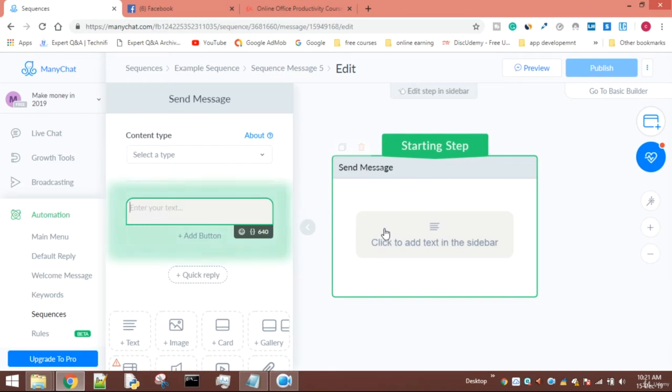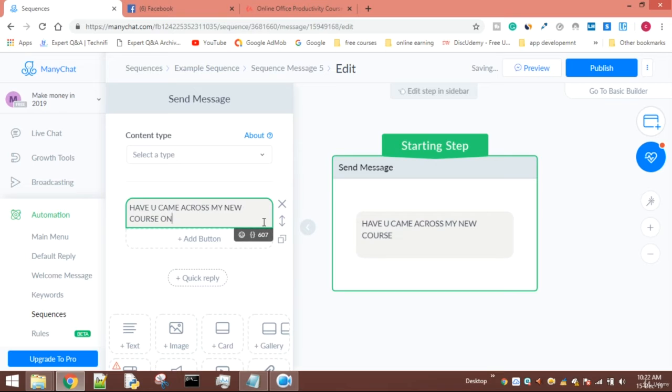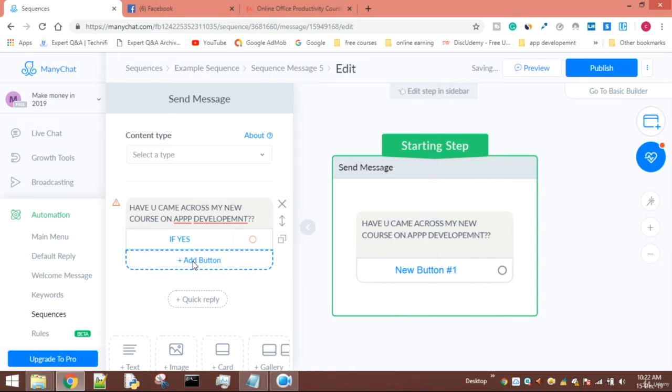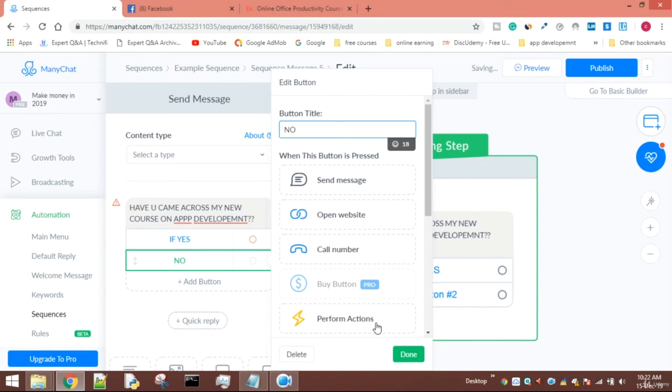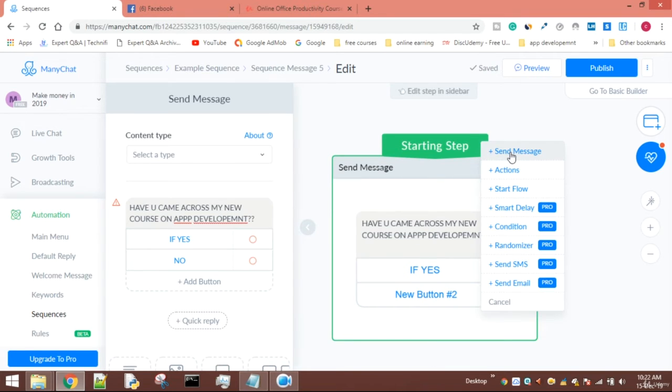I will now introduce my students to my new course. Have you come across my new course on app development? If yes, then this sequence will take place. If the person says no, then another sequence will start. So if the person says yes, then